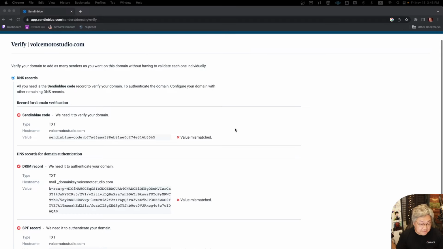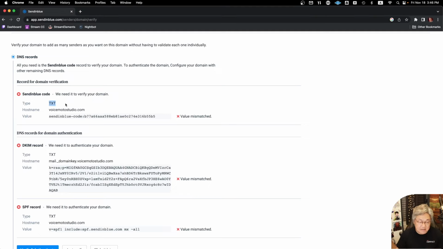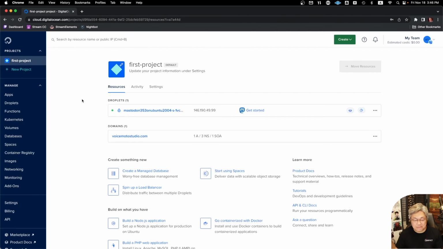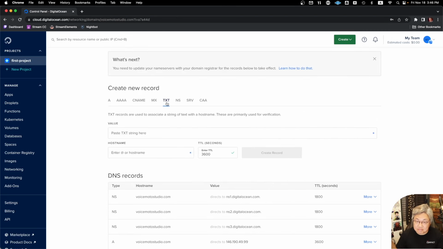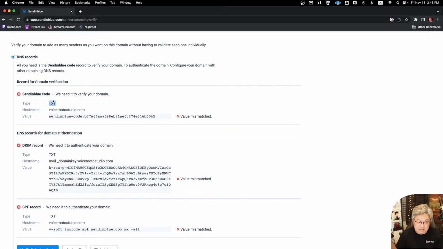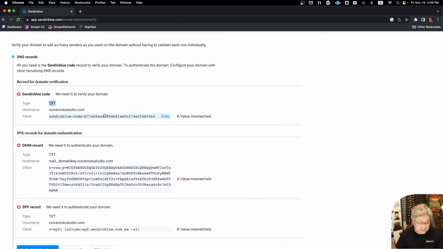So the first thing is this. We need the Sendinblue domain verification. And the type you'll see is a TXT. So flip over to the Mastodon, your DigitalOcean. Click on your domains again. We're going to click on TXT. The same TXT that's here. TXT, right? And this value, paste TXT string here, this value is this value. It says value. So copy